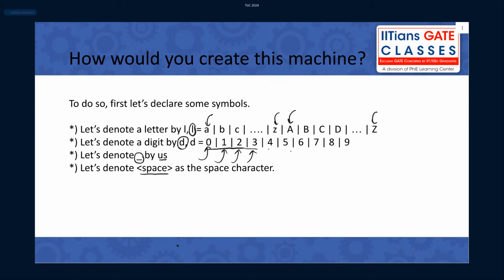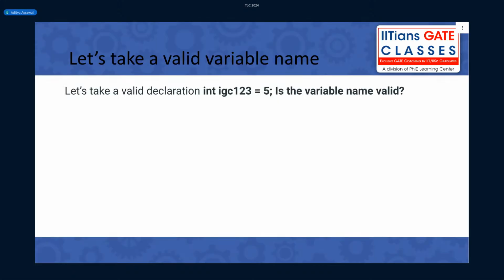Okay. Now, typically, you might also think, first of all, the computer has to read this string. It has to read this string and find out that, hey, yeah, this is valid while this is invalid.